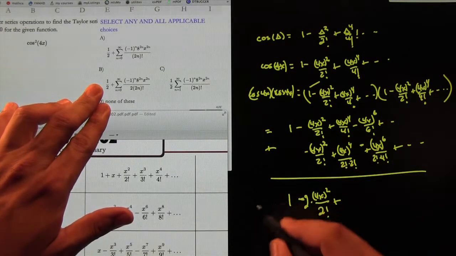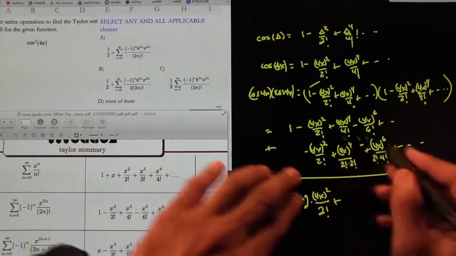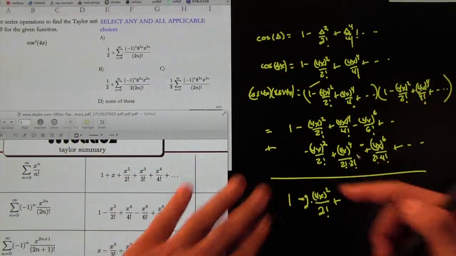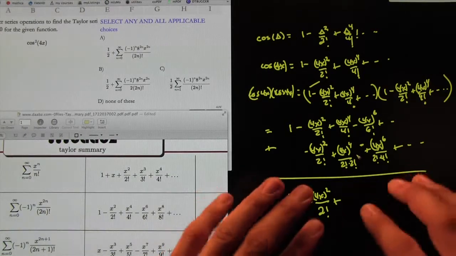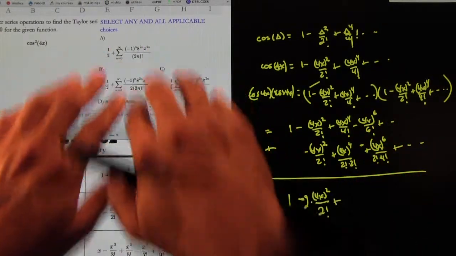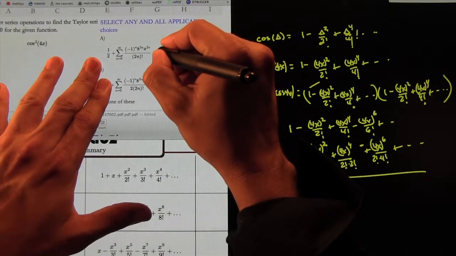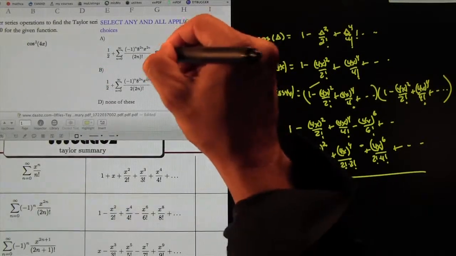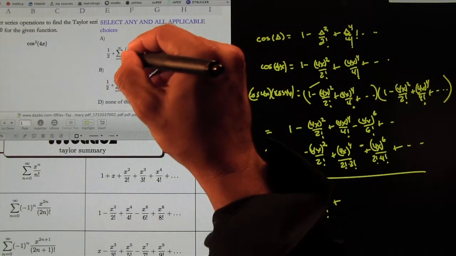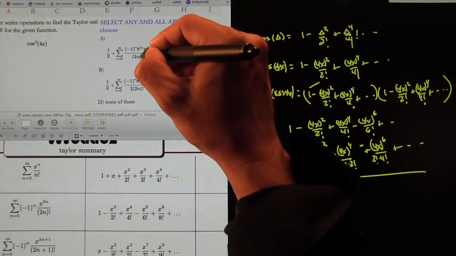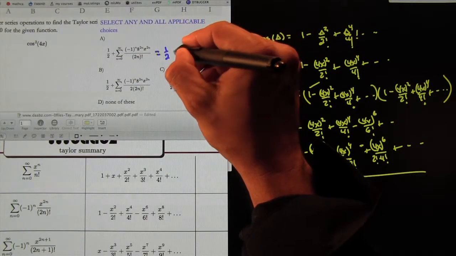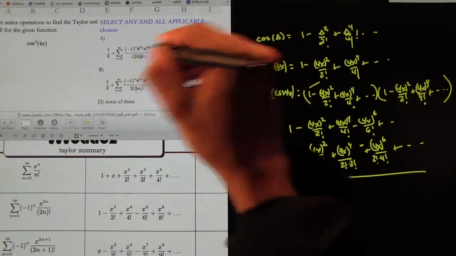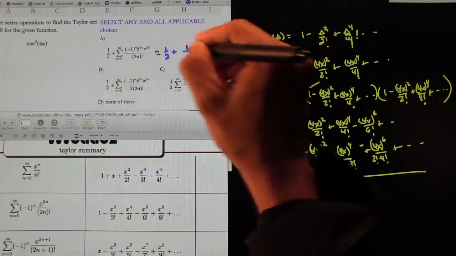I could take this one for example. To finish this, you'd have to add more rows here, infinitely many, foiling sort of, to get a more complete expansion. But even this part that we've done so far might be enough to rule out some of these choices. For example here, let's do it with a different coloring. If you do this, this would be 1/2, and if you plug in n equal to 0 here, you'd get the first term would be 1's on the top, so it'd be 1 on the top and 1 on the bottom. And then for n equal to 1,